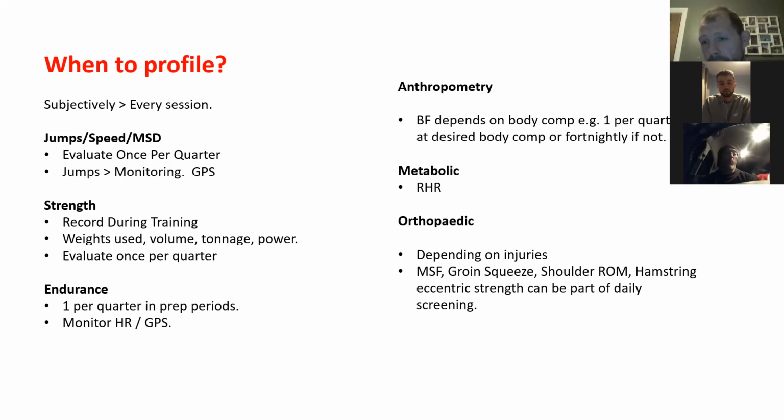Then orthopedic, like musculoskeletal profiling, how often and when? It depends on injuries, for starters, something you're going to work on with the physiotherapist. What do I look at? Multi-segmental flexion, i.e., the ability to bend over and touch your toes. That's important for Gaelic football because an awful lot of the sport involves picking the ball from the floor. Okay, groin squeeze, shoulder range of motion, hamstring eccentric strength, and again, these can all be part of